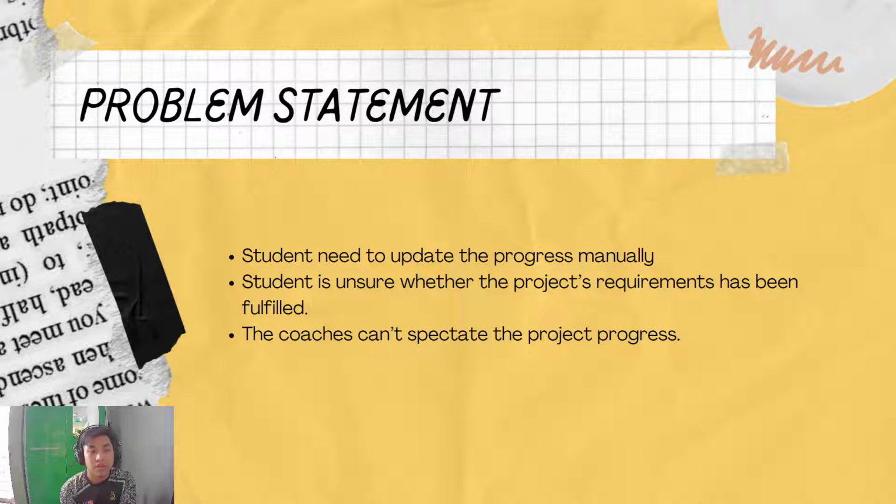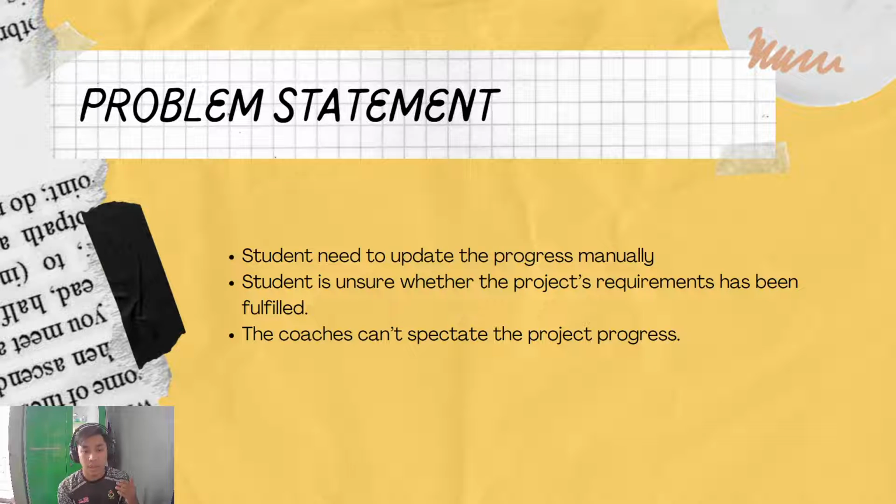Regarding the problem statement, we have listed 3 problem statements. First, students need to update the progress manually. Second, students are unsure whether the project's requirements have been fulfilled. Third, the coaches cannot spectate the project progress. This is the problem that students face during the manual FYP system, which is the system that doesn't